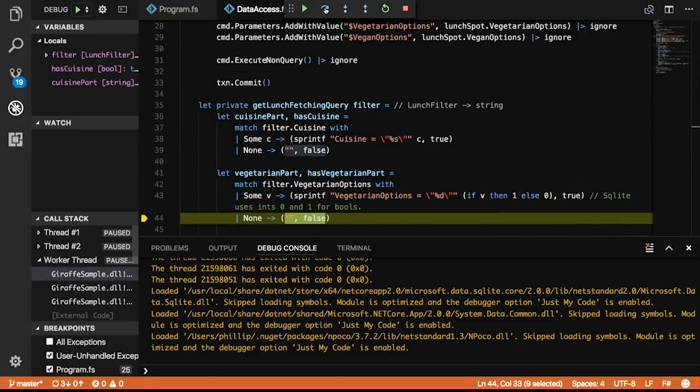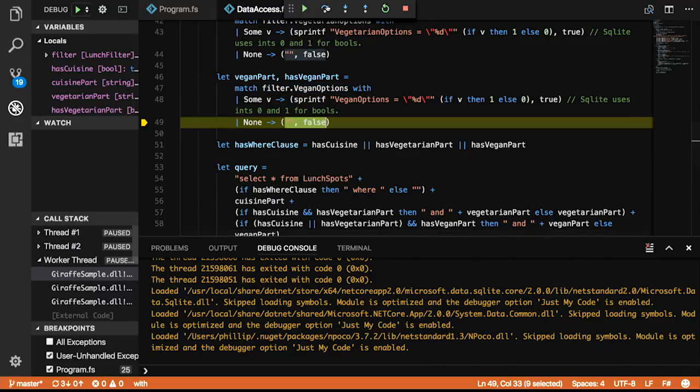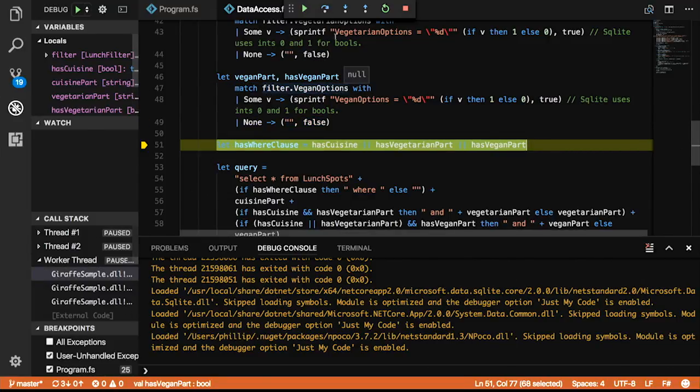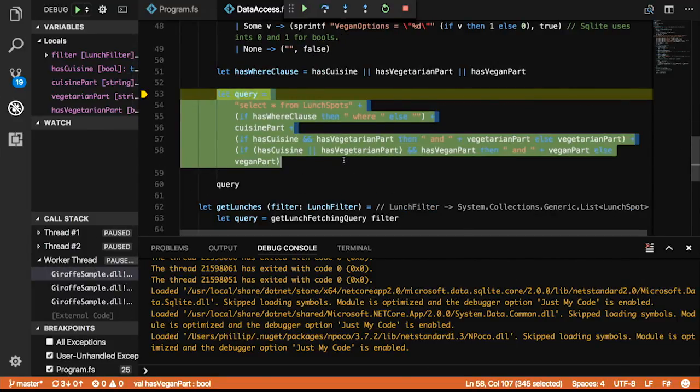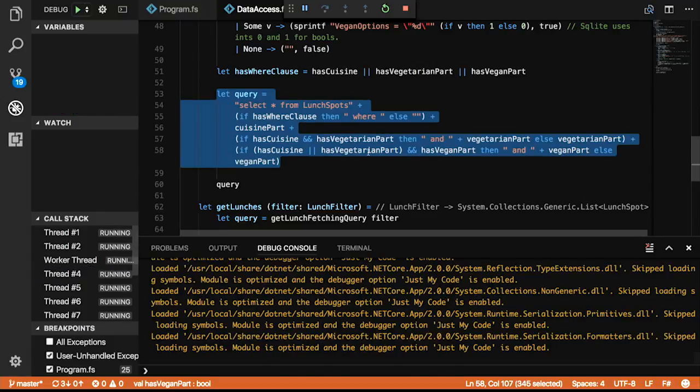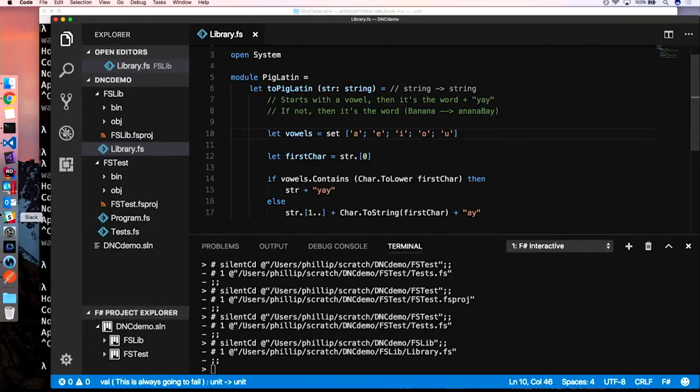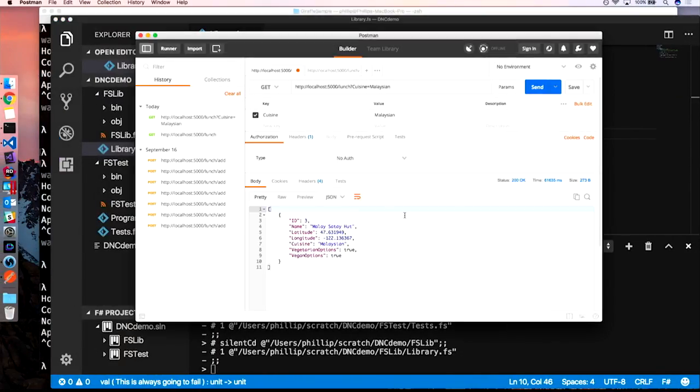And we're just kind of stepping over. So this is just your typical .NET debugging experience that you have with F# and .NET Core 2.0 right now. So I'm going to save you the boredom of watching me step through everything. But lo and behold, it returned exactly what we saw earlier when we were not debugging. So what this sort of shows you is that